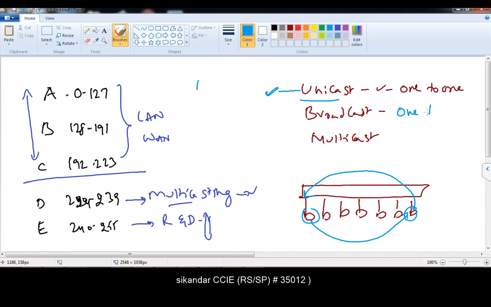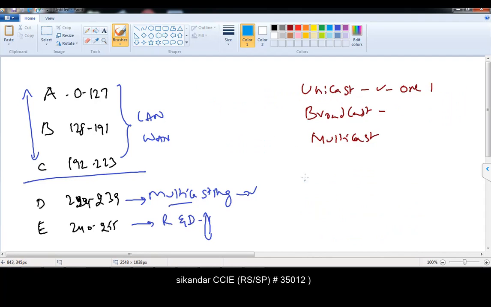Whereas broadcast, we generally call one to all. Broadcast is the second type of communication that happens in our network, and with broadcast we say one to everyone. Like if I have 200 devices connected in my LAN, one device generates a broadcast. The broadcast goes to the remaining 199 devices, which means it goes to everyone. There are some broadcast addresses, for example a universal broadcast address, which we call